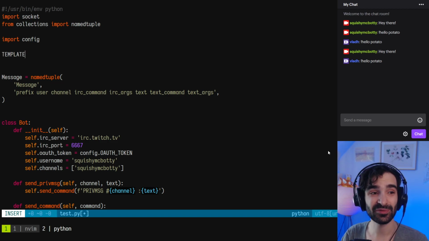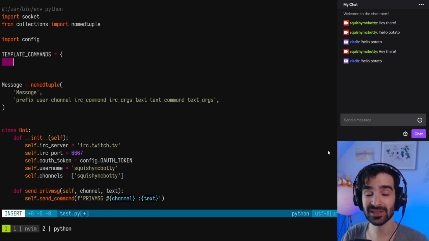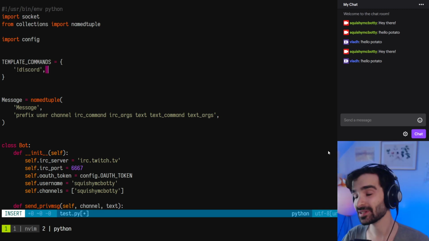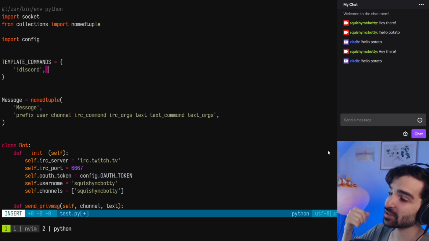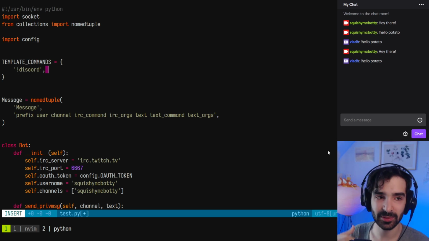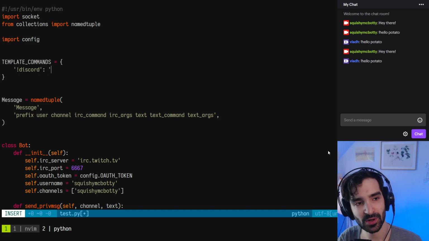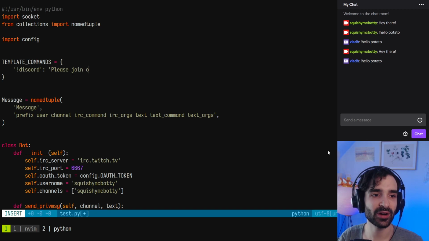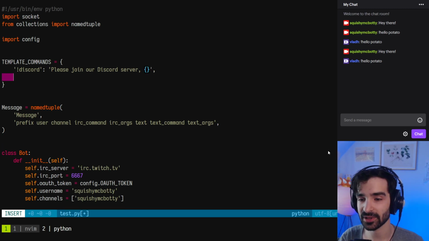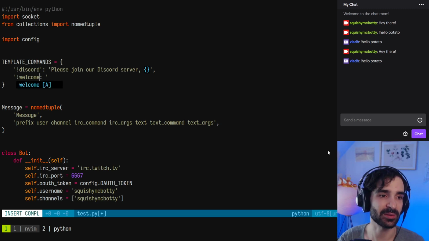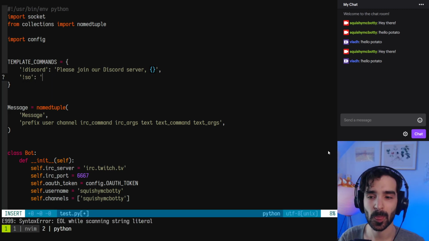But right now I'm just going to define them at the top of my file, and the reason I'm defining them at the top of my file is just to illustrate that these won't necessarily be part of our class. They could be in a separate file that we load in. So let's just do this Discord command. So: please join our Discord server. And then we're just going to put something in here I'm going to show in a second, and then we can also say welcome, and you can just use this to welcome, or shout out, for example. Let's do shout out, and you can say